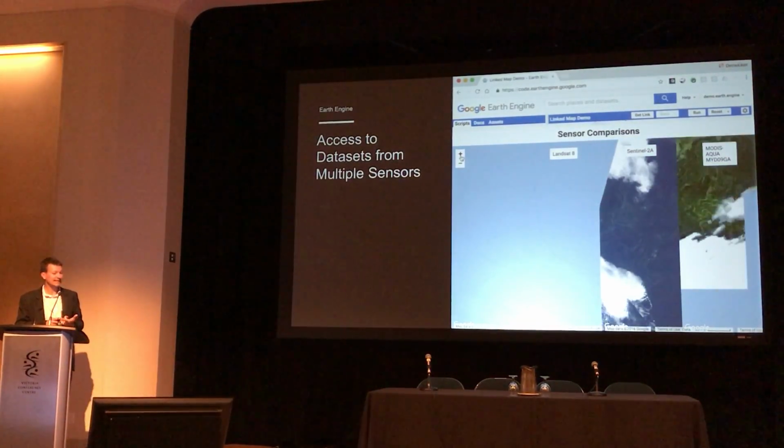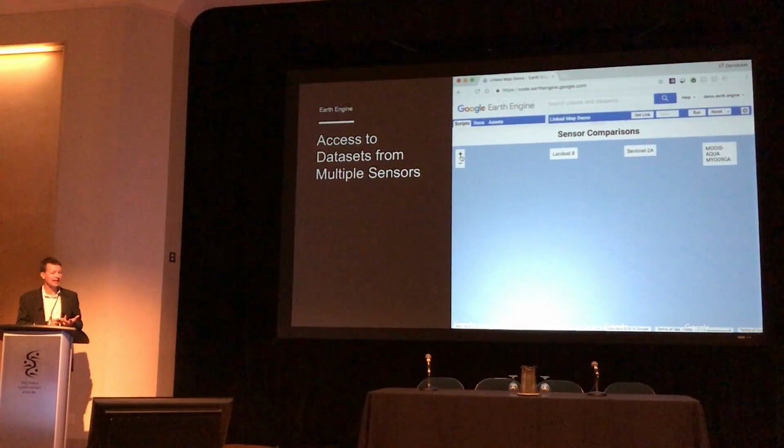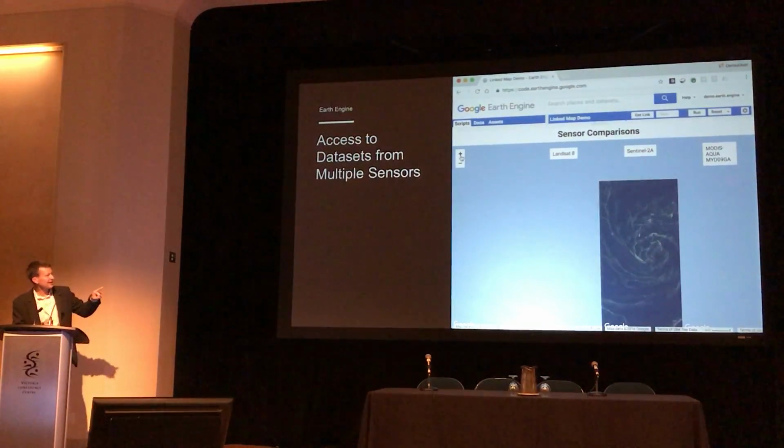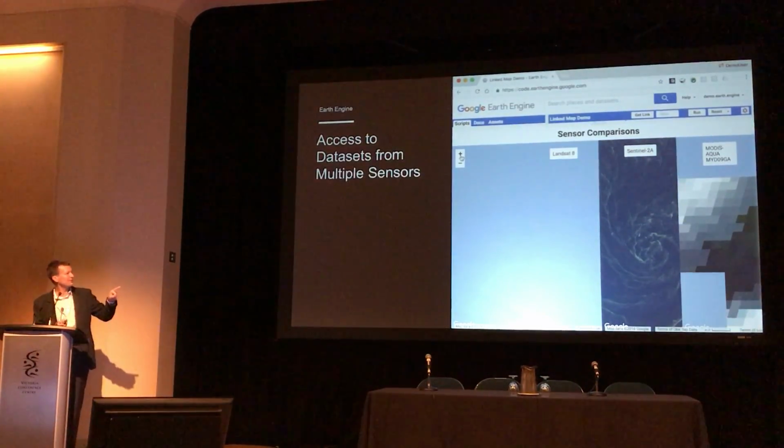There's one that's Landsat 8 data. There's one that's showing Sentinel-2 data. There's one that's showing MODIS for the same time. They're all linked together. And I was looking around, and it took me a little while to look through